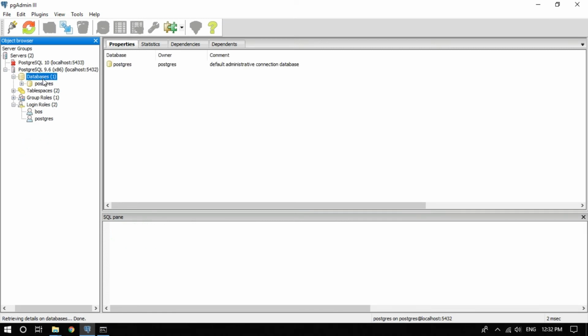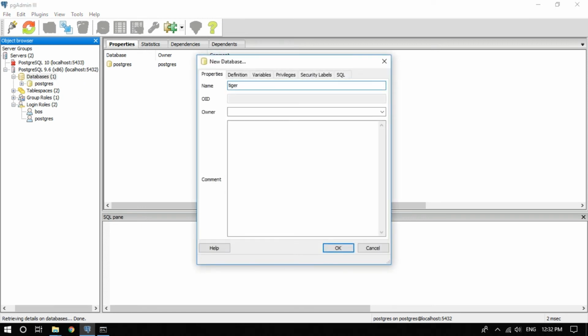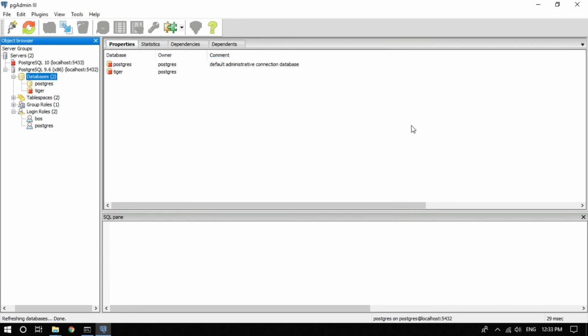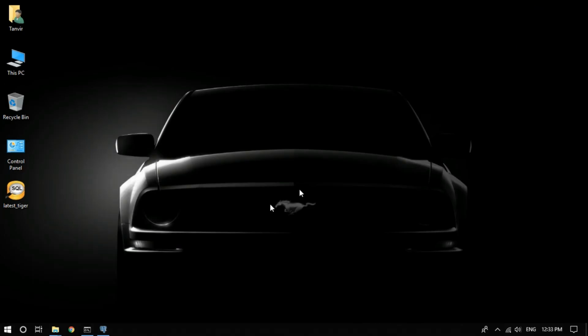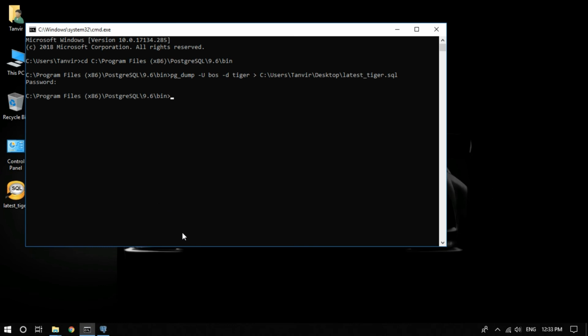So to restore, just create a database with the same name and then click on OK. And now just go to CMD and give the command